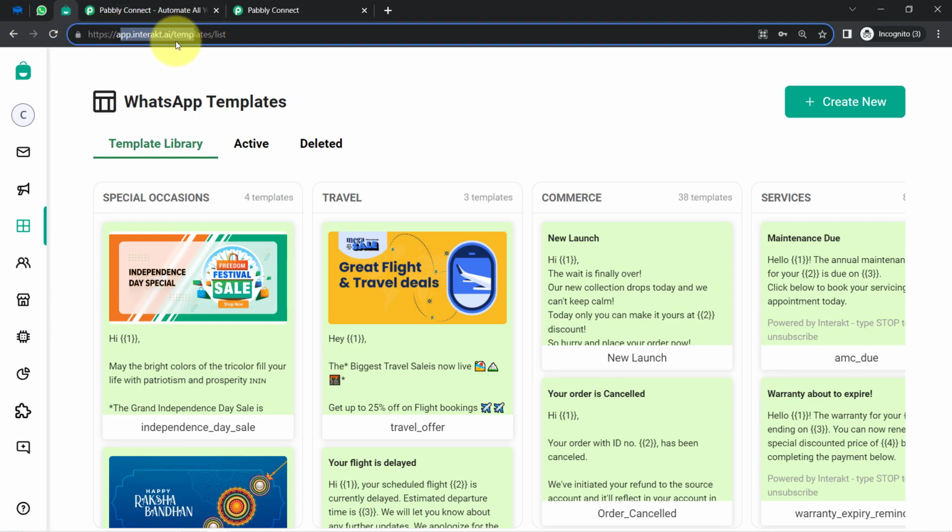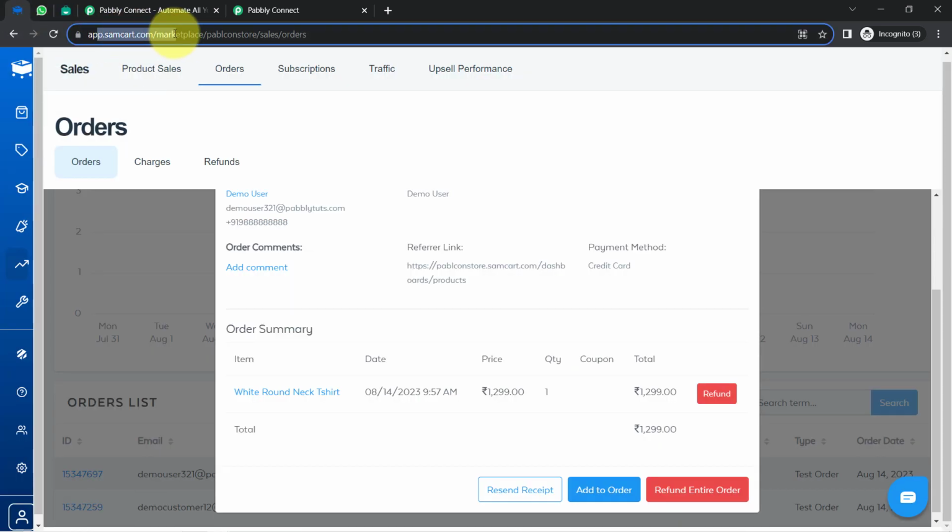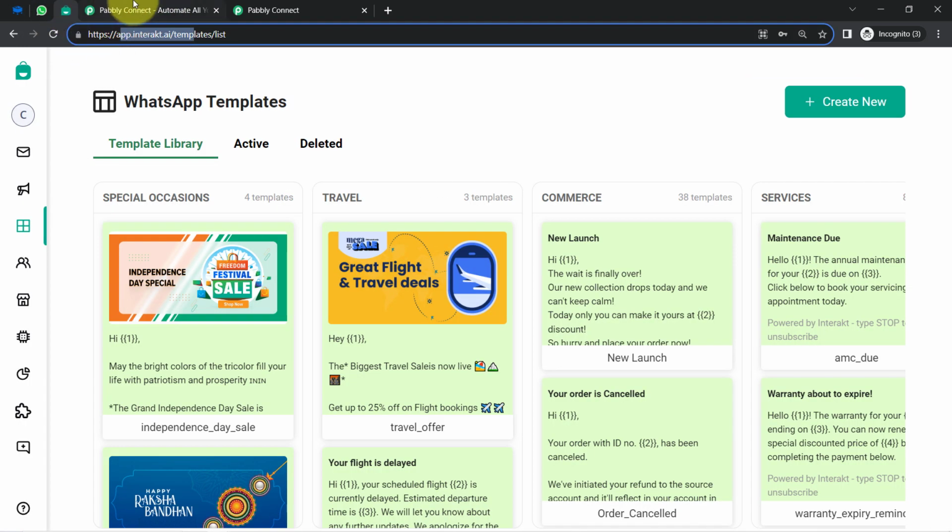In this video I will use the Interact application for sending the WhatsApp messages, and it is an amazing application because it has access to the official API of WhatsApp. So how you can create your account and what else you will have to do, I will explain everything within the video. For now, you just need to build a connection between SamCart and Interact with the help of